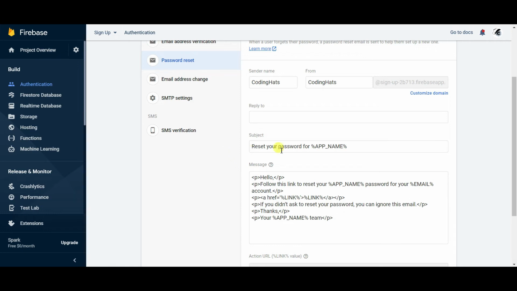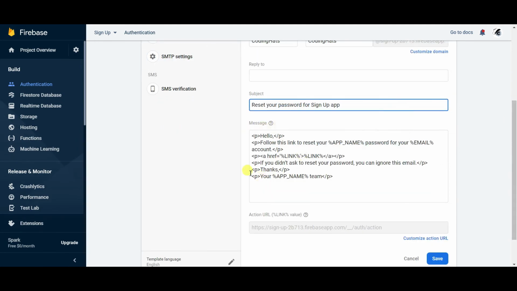Next, in the subject line you can remove the app name and type the name of your application. Here I'll write the name of my application: Reset your password for sign up app.